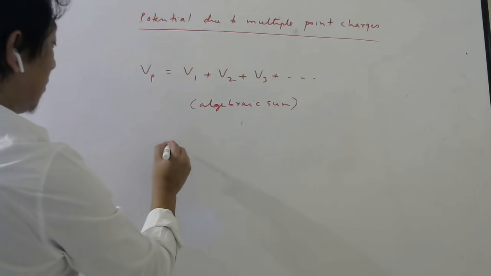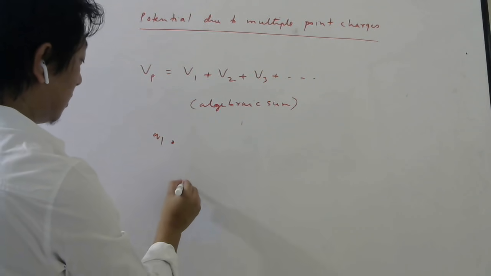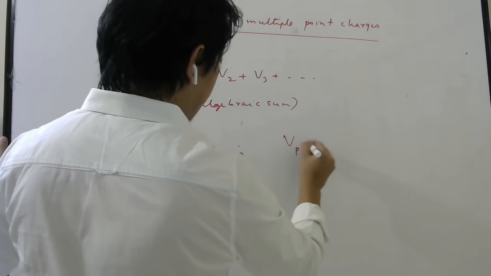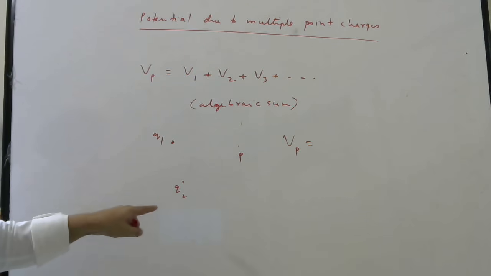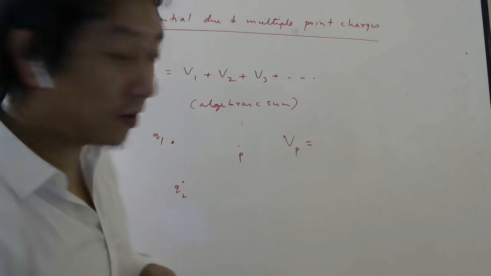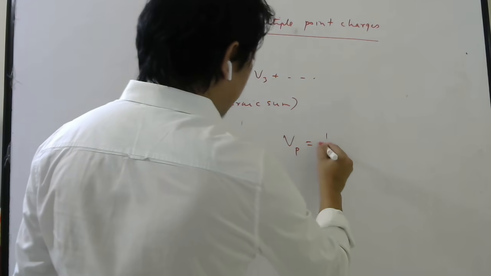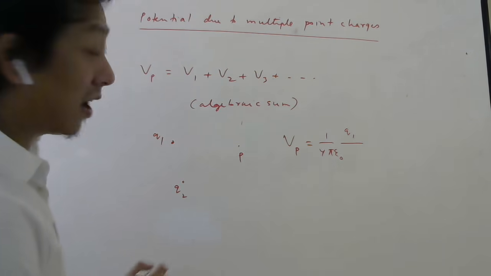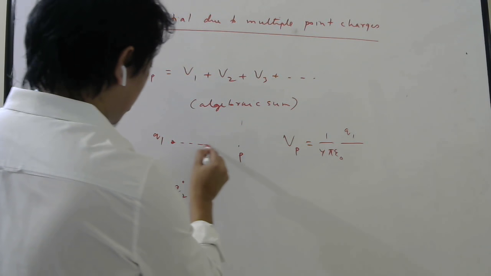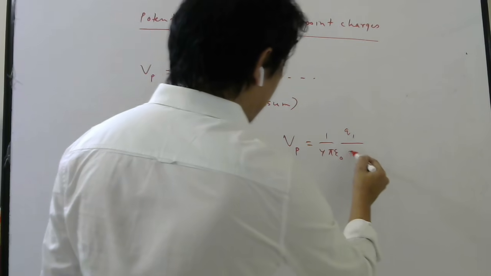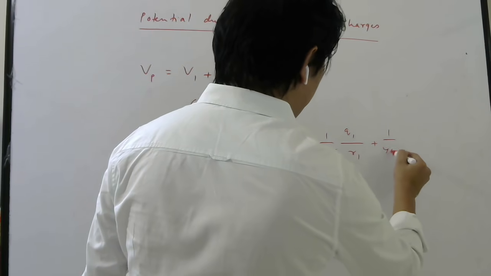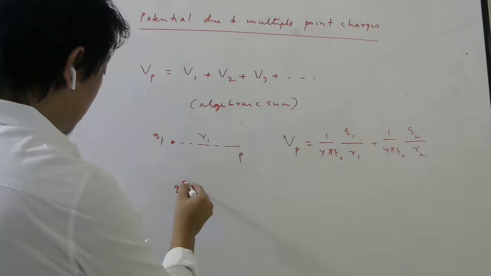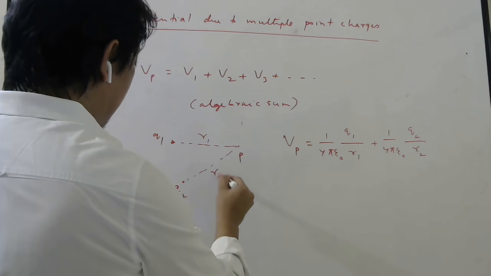Okay. So if I give you one charge q1 here, another charge q2 here, and ask what is the potential here, then if they are point charges, you can use the formula whichever we have derived. So due to this charge, what will be the formula? 1 by 4 pi epsilon naught source charge divided by what was r? Distance between charge and the point. So r1, let us say. So r1 plus 1 by 4 pi epsilon naught source charge divided by r2. What is r2? Distance between the source charge and the point.